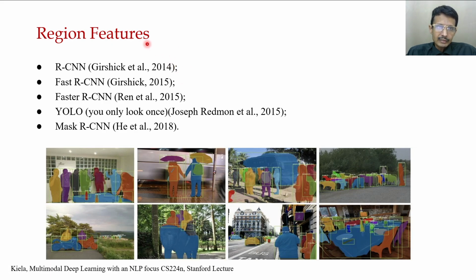Now there are some other things: region proposals, region-based features. Some of them are very well-known algorithms. Some we already covered, like the first RCNN that we covered in our earlier lectures, and YOLO, which is also kind of similar, and Mask RCNN. So these are the kinds of region proposals, that's the kind of object detection, the bounding box based object detection. So these are the region features, used as an image modality or the submodules of this image modality.